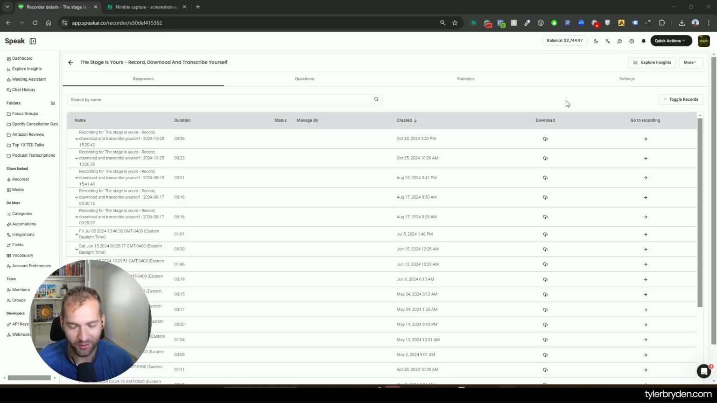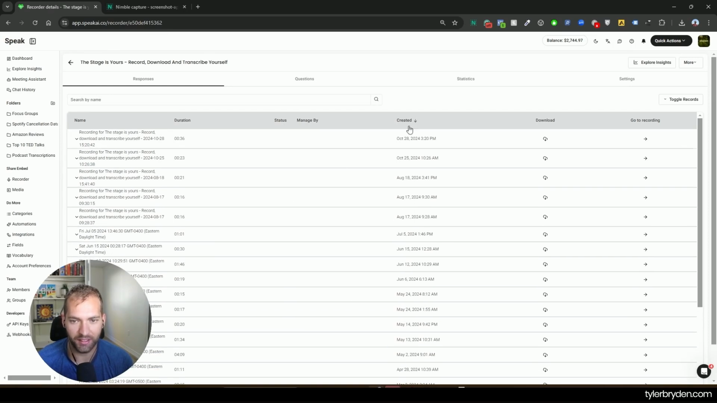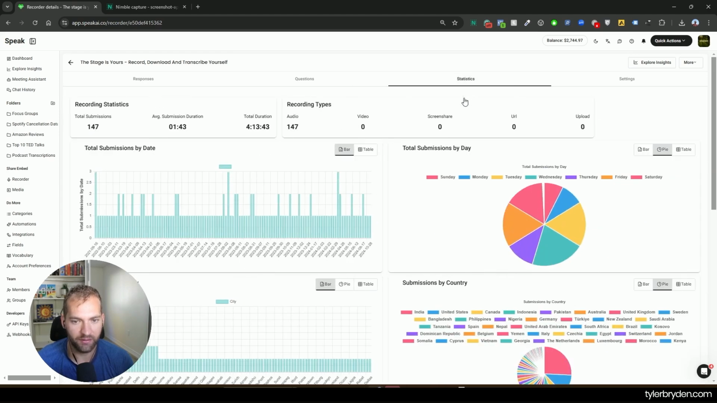Okay, so you've created your recorder, you've got responses. Now what? You can see all the responses here, all of that data is nicely organized. And one of the layers that we've recently added is the statistics layer. So immediately you can see how many people have submitted, their average recording duration, the type of way that they